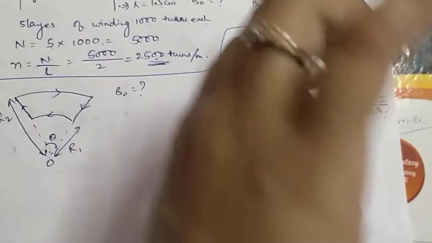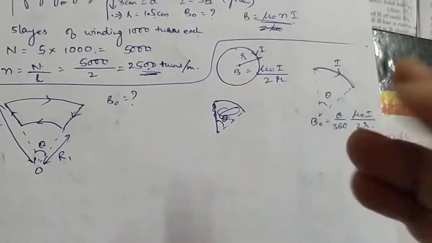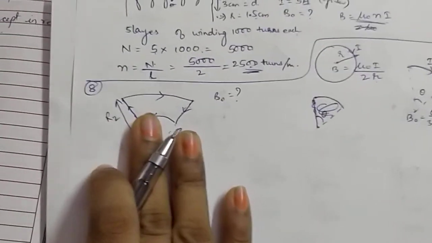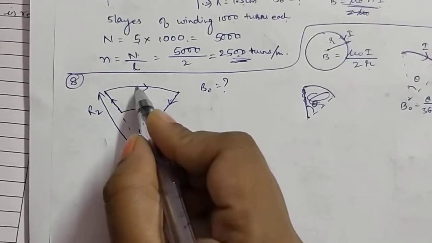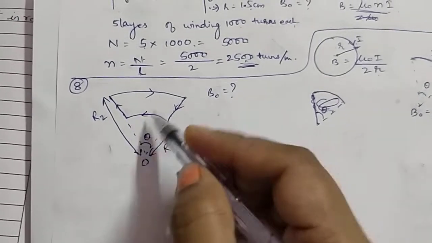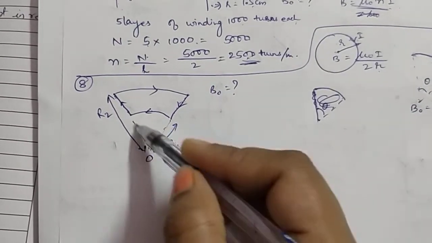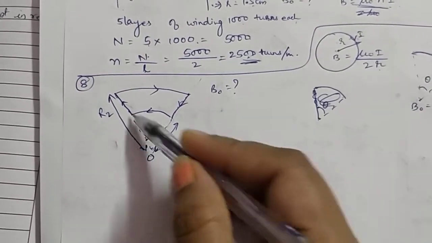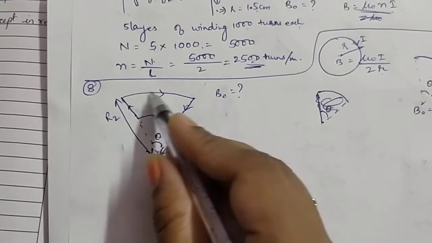So now if the curl is in this direction, the thumb is pointing downward. If the current were like this, the thumb would be pointing upward. So okay, this is a formula, and this formula we are going to use here. At the center now there are 4 parts of the wire, 1 2 3 4. Now this part and this part are along this line, so this point is actually along this line. So the magnetic field for this part and this part will be 0. Your magnetic field is only because of these two parts.